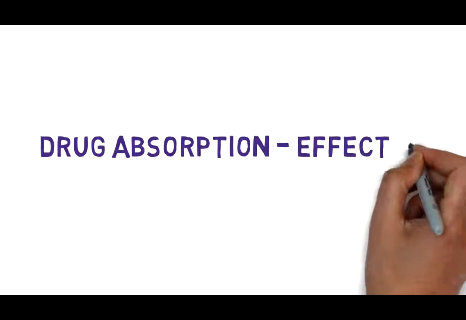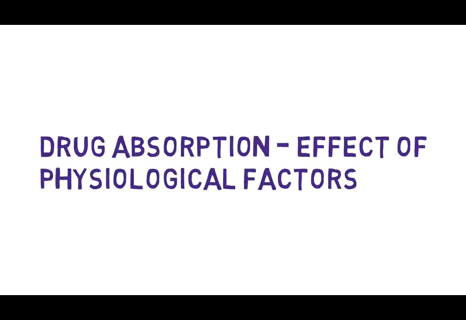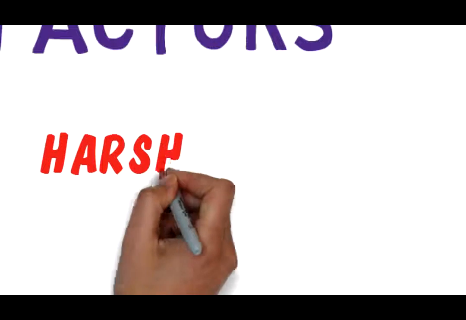I am Harshavardhan. Today I am going to explain the topic of drug absorption and the influence of various physiological factors affecting this drug absorption. The drug absorption into the systemic circulation, that is into the blood, is dependent on various factors like the physicochemical properties of the drug and the nature of the drug product, and the anatomy and the physiology